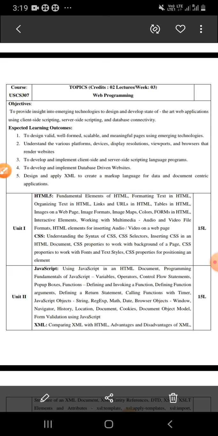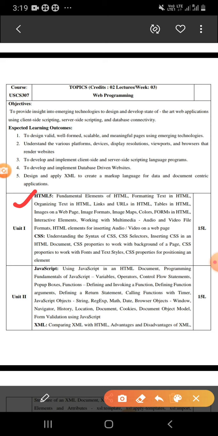So before we start our exact syllabus, we first see the overview of your syllabus. Now first we will see HTML. What is the long form of HTML?